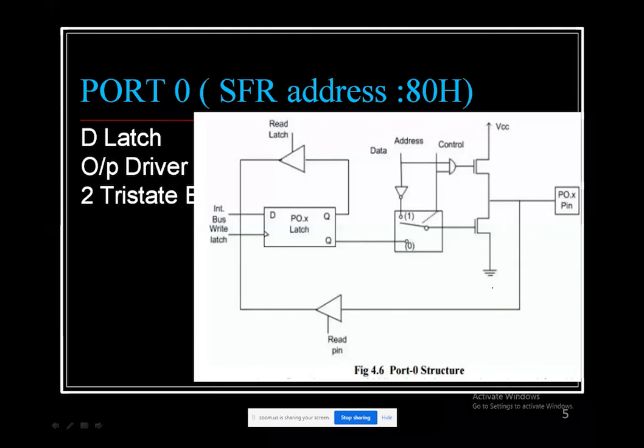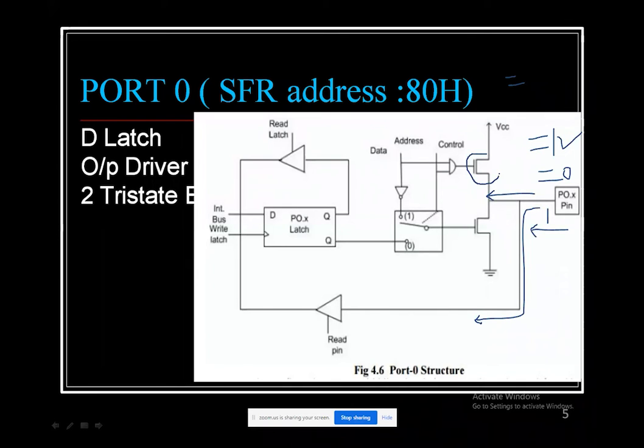When we configure it as a 1, 1 means input, and 0 means output. Input means the data will come in this particular direction. If we configure it as an input, then the data, for example 1, is passing in this particular direction, but the other direction is here also.